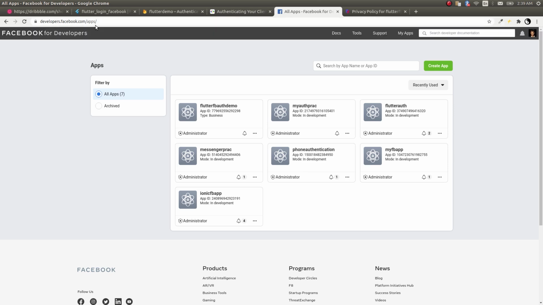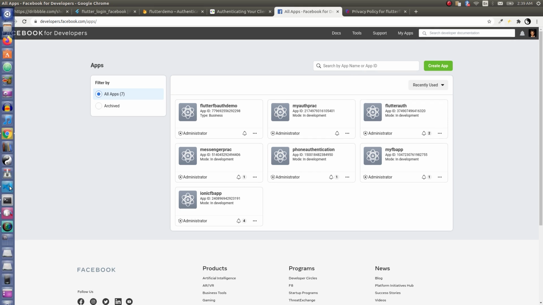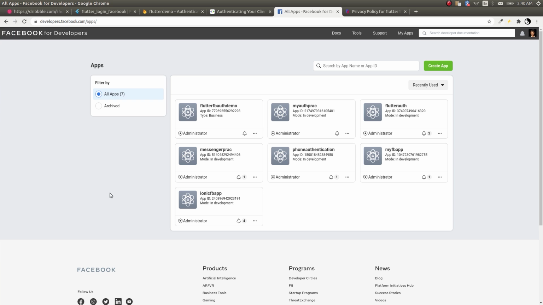First of all, get into developers.facebook.com/apps. Okay, this is the Facebook developer portal, and I have these apps that are already created. If you don't have any apps, none of them will be listed here, and you need to create an app. Now that I have installed it, maybe I'll create an app for you guys, so that if someone is looking at this for the first time, you shouldn't get confused, right? So I'll just create an app